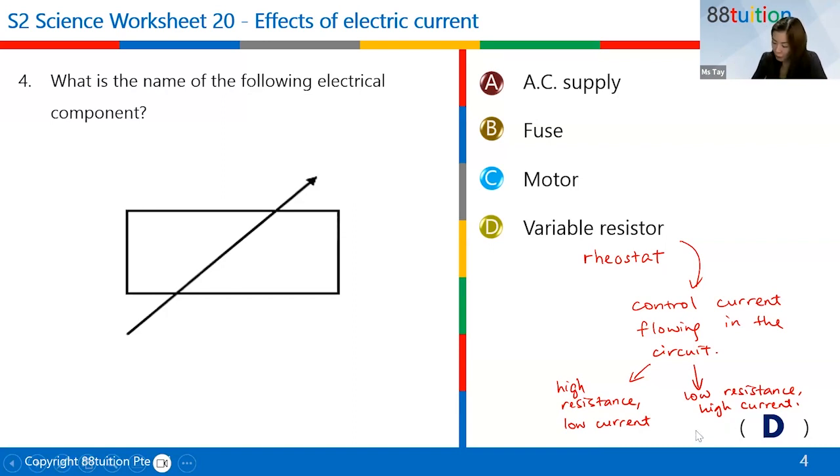Okay, so Ethan, you might want to find the video on variable resistor. I showed them a video last week. All right, so find a video on